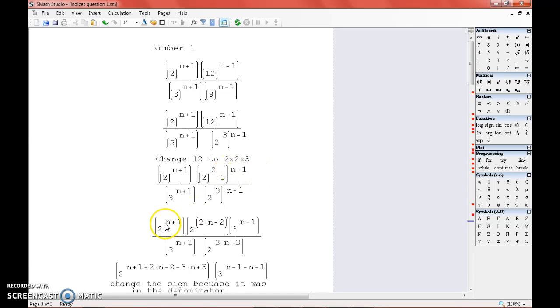If you do that, you'll have 2 to the n minus 2, because 2 times negative 1 is negative 2, and then the invisible 1 is right here, so 1 times n is n, 1 times negative 1 is negative 1. All divided by, you multiply out this right here, you have 3 to the n, 3 times negative 1,